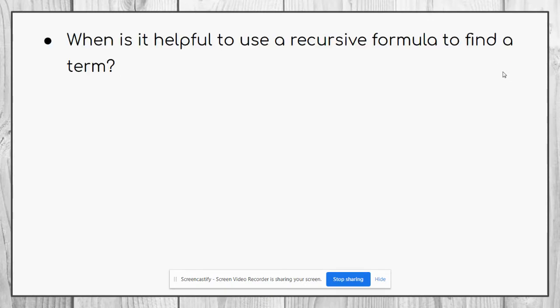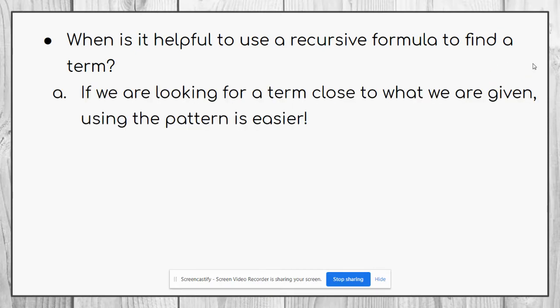So if we're talking about when we should use a recursive formula, we would want to look at what we're trying to find. If I'm given terms 1, 2, and 3, and they ask me to find term number 5 or term number 7, those are very close together. It would be very easy for us to just use our pattern and add or subtract a few times to